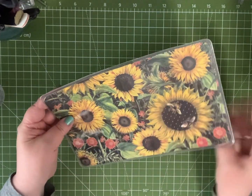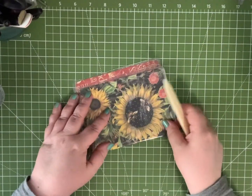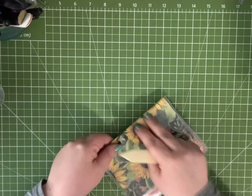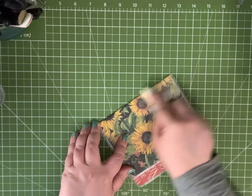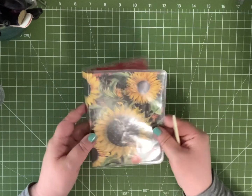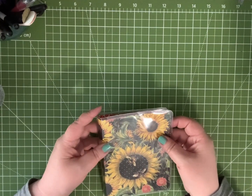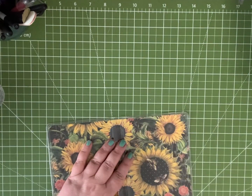And it fits perfectly in there, so I'm going to grab my bone folder and really press it down on the two folds, the outside scores. So that's got a nice crisp cover fold there. So the next thing you need is, oh, I forgot the elastic to tell you. You needed elastic, and